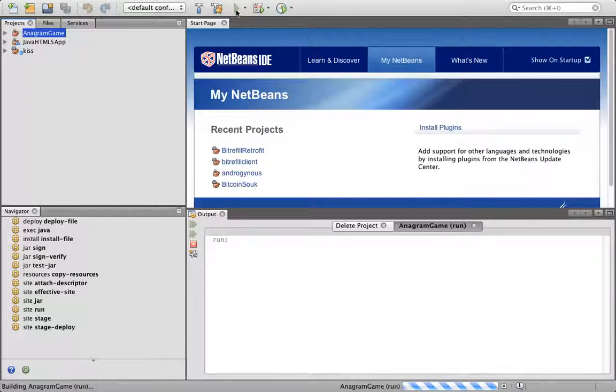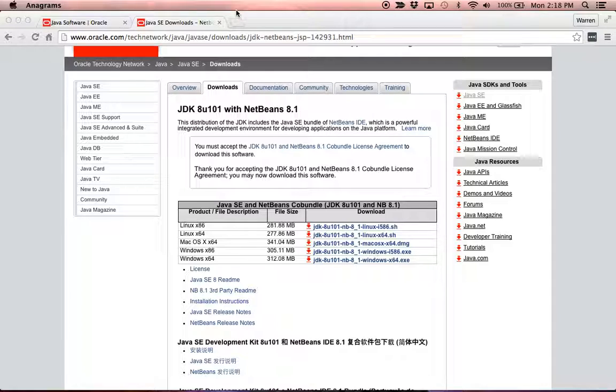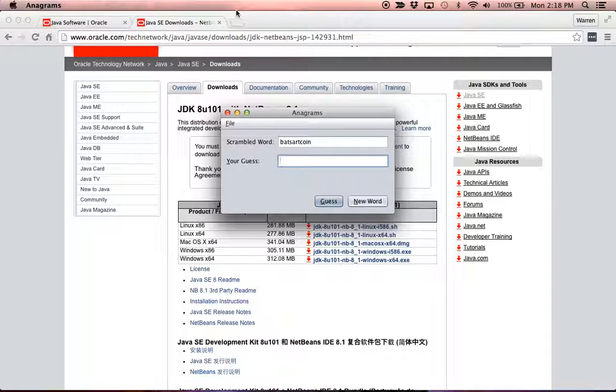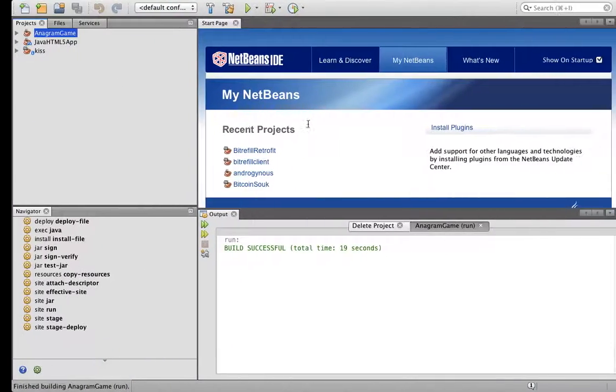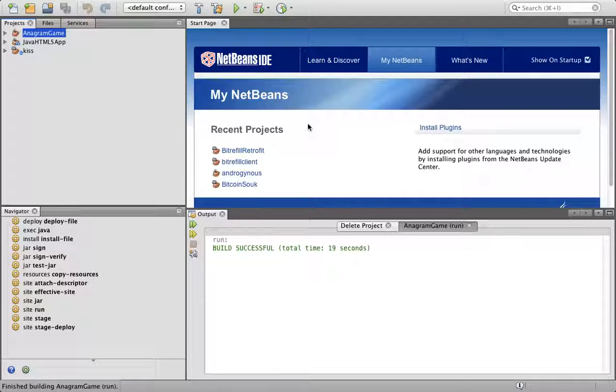I hit that and wait a moment. And so here is the game running like that, and I can try to guess words, and it says that I have not guessed it right. I'm not here to win the game. Just want to prove that the anagram can run, so I close that. Scroll back to my full screen version of NetBeans in this case,